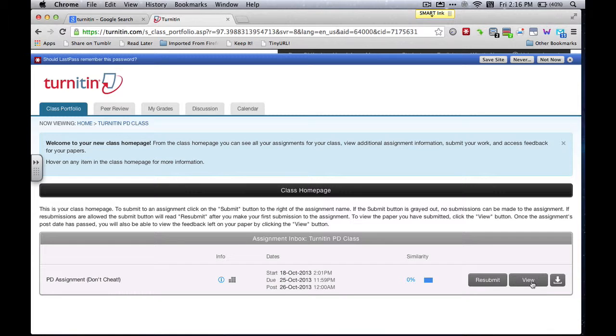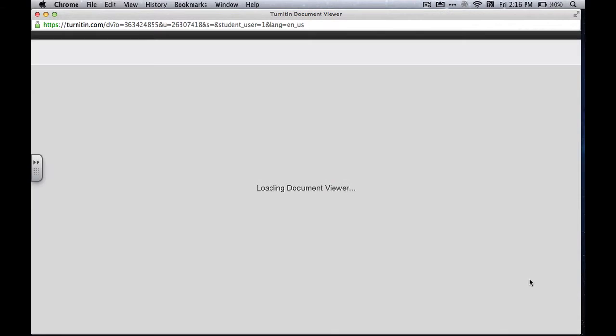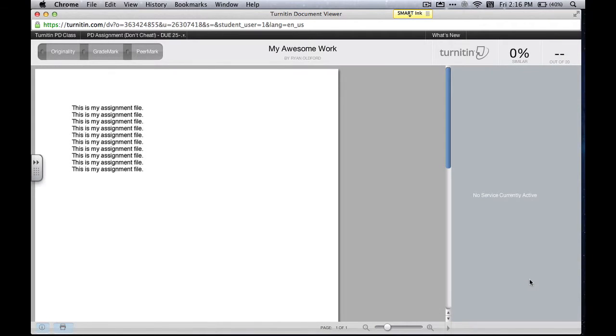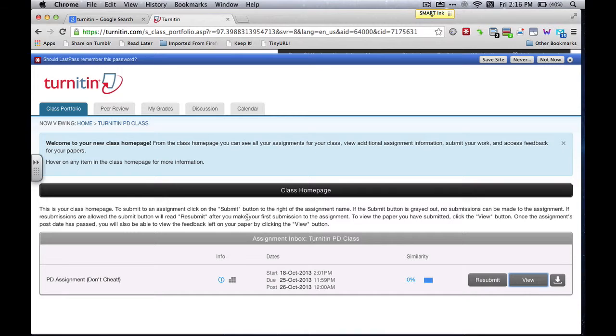This is pretty similar to the viewer that the teachers see. And the students will see later on when it's been marked, it'll show up differently. They'll actually be able to see their mark. And I believe in their view, they'll see some sort of indication that it's been marked. Somewhere in here they would see their grade. It shows their score where it says 0%.